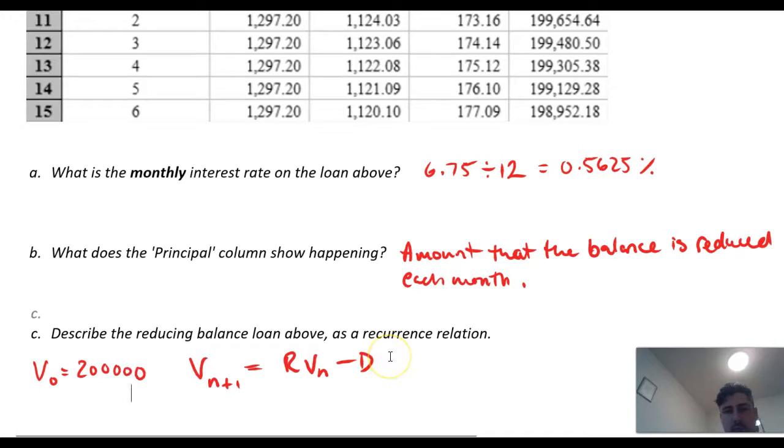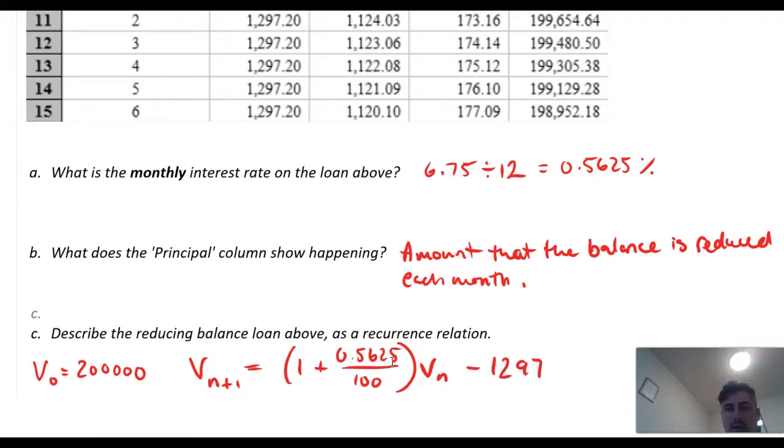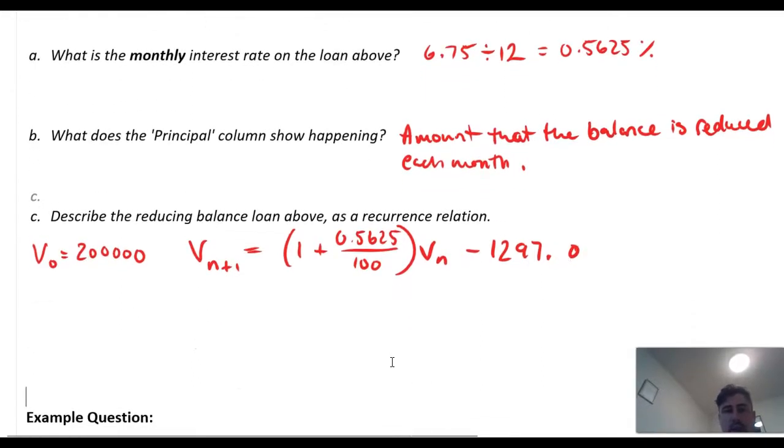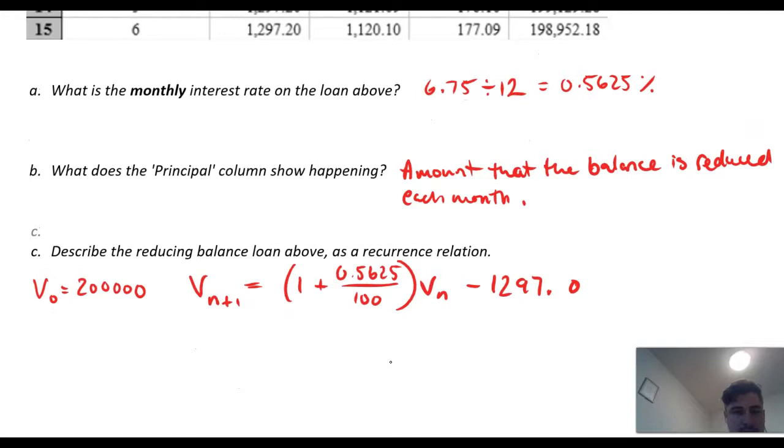Vn plus 1 is going to be equal to R times Vn minus D. So R, in this case, is 1 plus 0.5625 over 100, times Vn minus the payments of 1297.20. Okay, and so if we simplify that, we're going to end up with Vn plus 1 equals 1.8